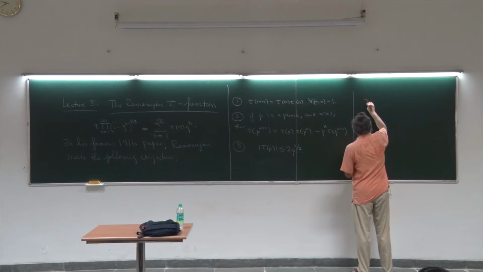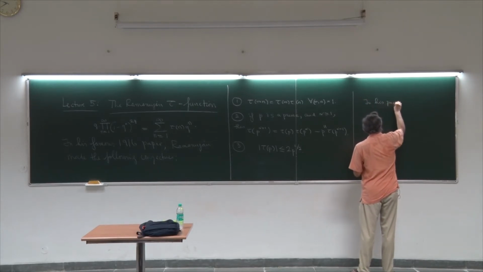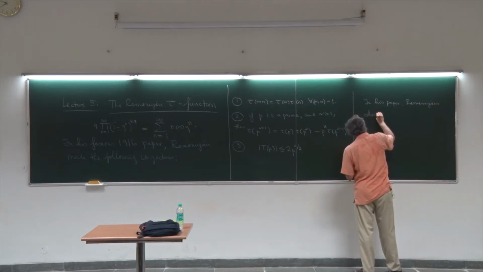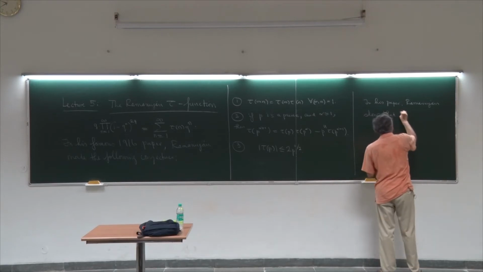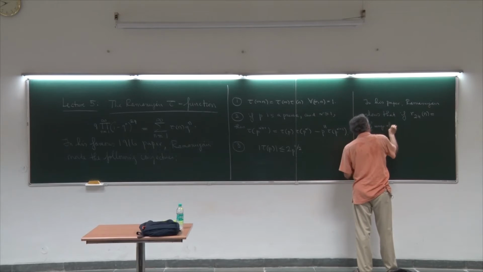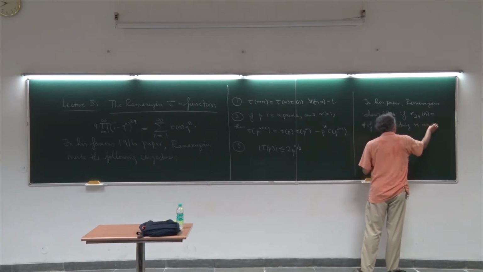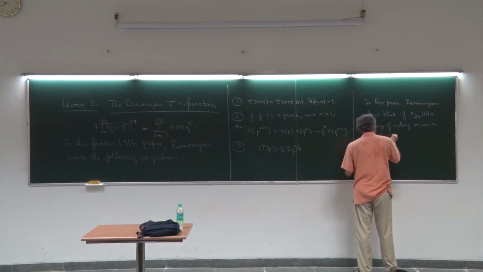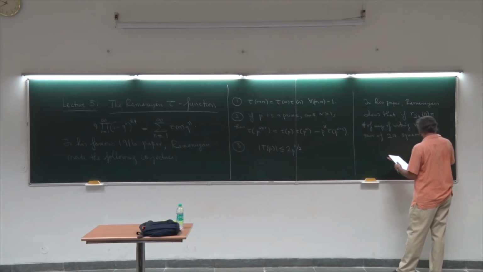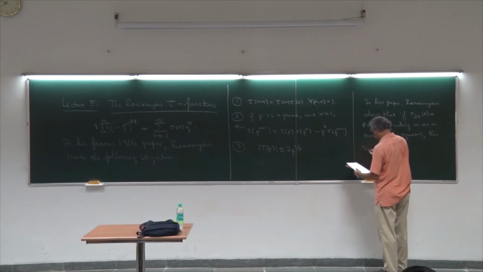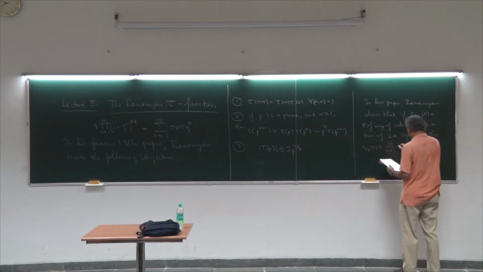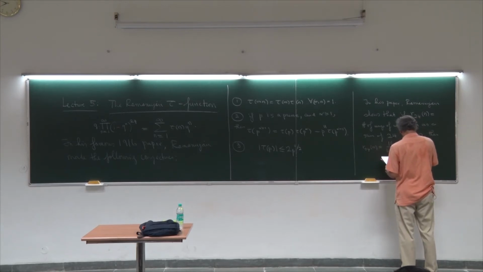He shows that if r sub 24 of n is the number of ways of writing n as a sum of 24 squares, then he gets this formula: r sub 24 of n is 16 over 691, note that 691 again, sigma 11 star of n, plus E sub 24 of n,